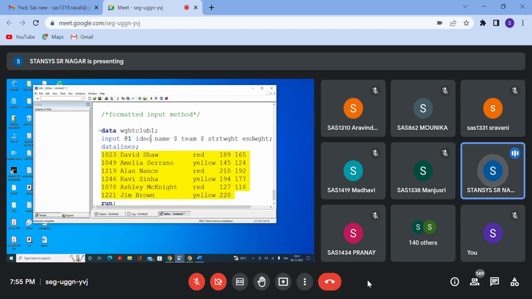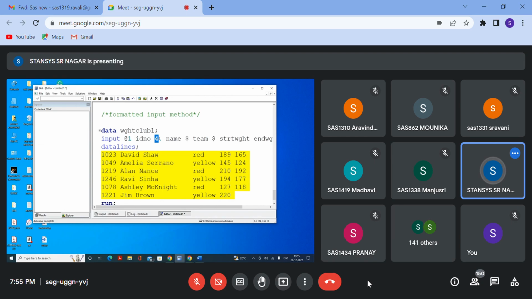Now after the variable name, tell me how many columns we should read into ID number? 1, 2, 3, 4. Now after the variable name, give one space, then we should write 4 dot. Okay, this is called formatted input method. So @ symbol, now the starting column, then the variable name, then the width,